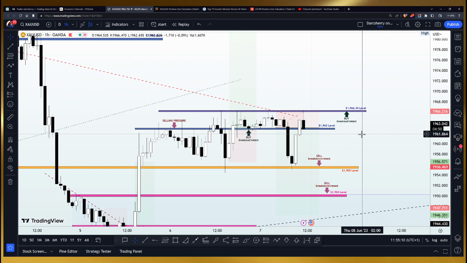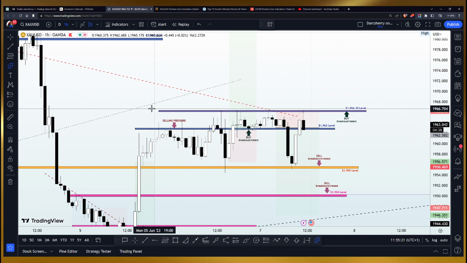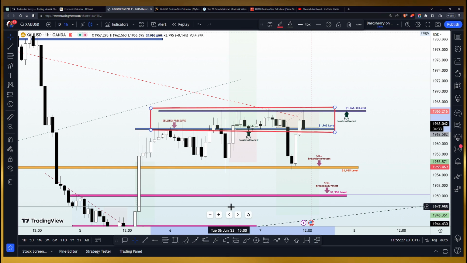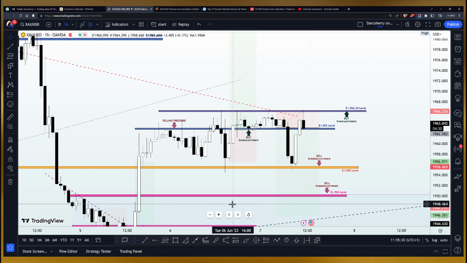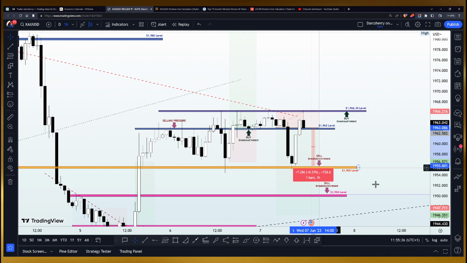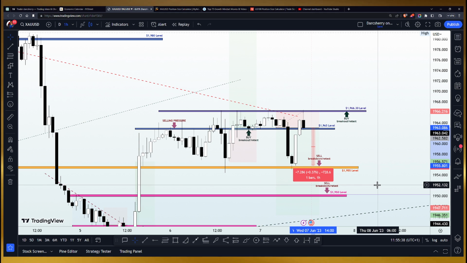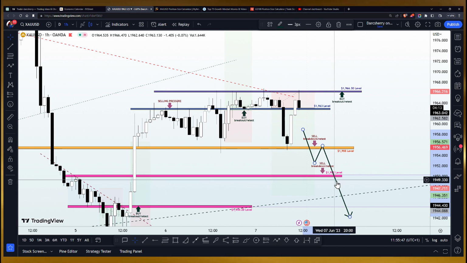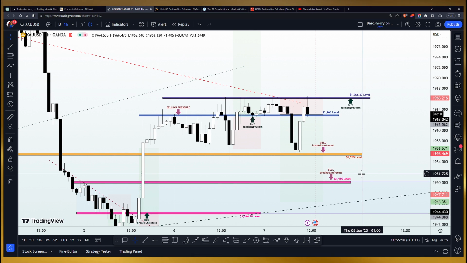Now, in as much as we are looking out for a buying opportunity above the 1,966, is there a possibility that we can maximize the fact that the area between the 1,966 and the 1,963 has been a strong selling niche? Well, if you are a scalper, probably a short-term trader, you might want to capture this move, hoping that price action will drop again into this area, giving you about 70 pips. But personally, I would rather see price action break down the 1,955 and retest the structure to give me an opportunity to sell. So this is what I'm going to be looking at on the XAUUSD today.